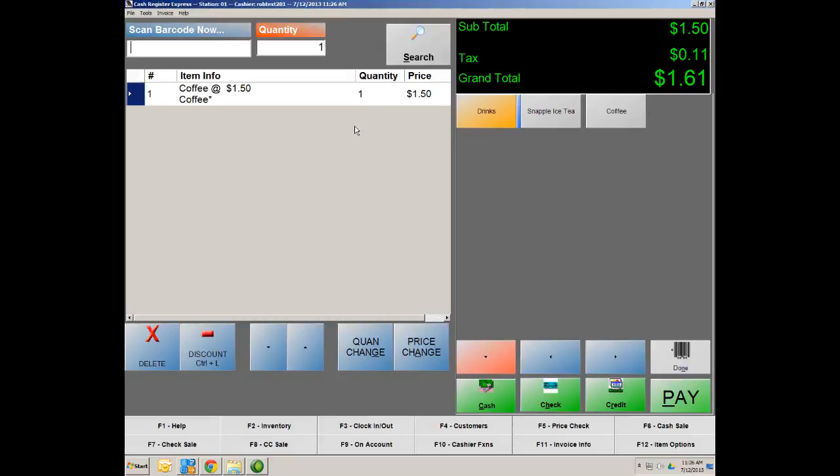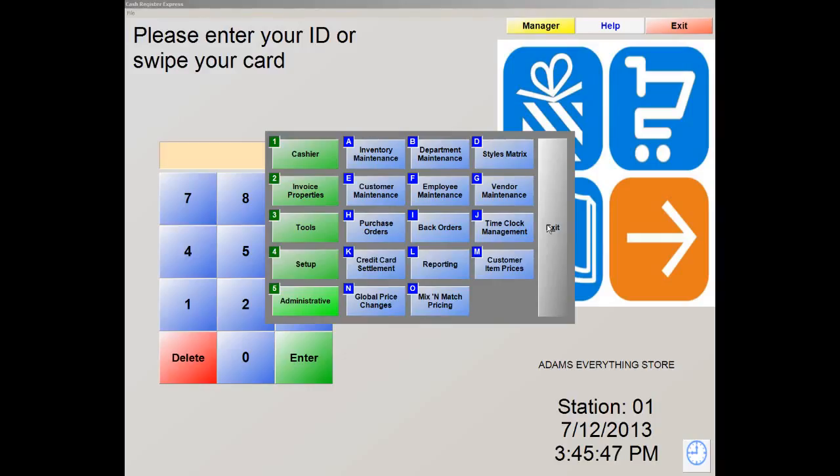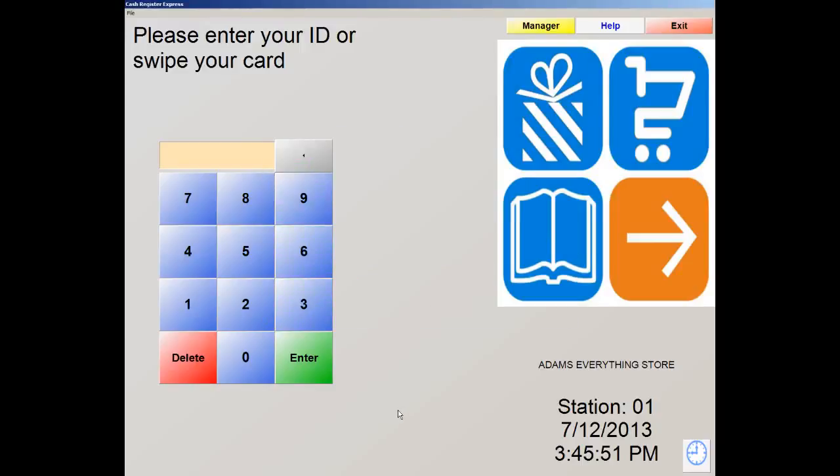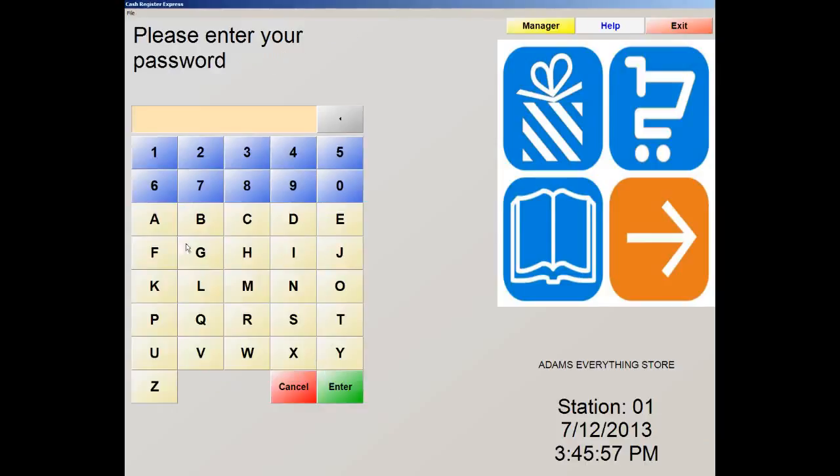Now with a cup of coffee, usually you're prompted on what size you would like for that coffee. And we're also going to exit out of our manager screen and now log into our invoice screen. Again, our defaulted ID and password is 01, enter, and our password is admin, A-D-M-I-N,